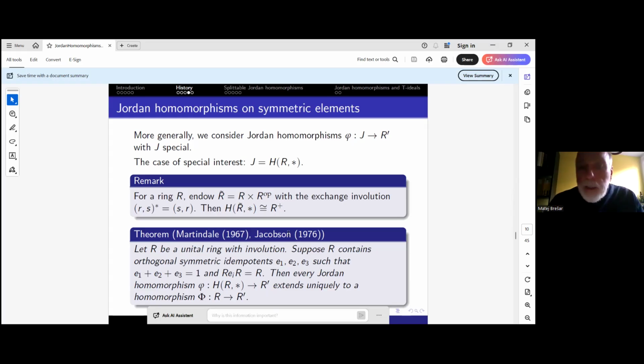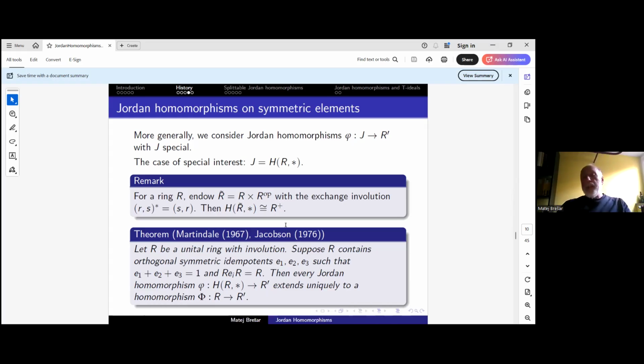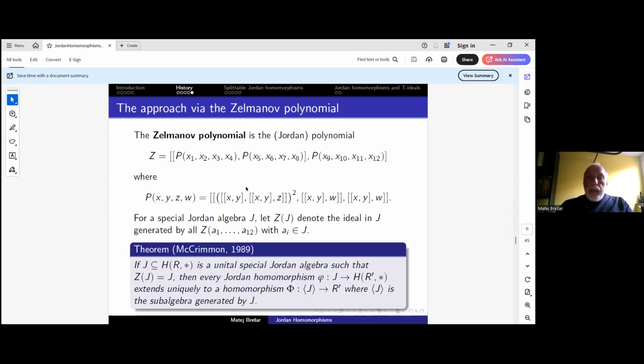You may wonder why there are no anti-homomorphisms here, and the answer is simple. If you compose the anti-homomorphism with an involution, you obtain a homomorphism. And the involution acts as the identity on symmetric elements. Okay, and then the last